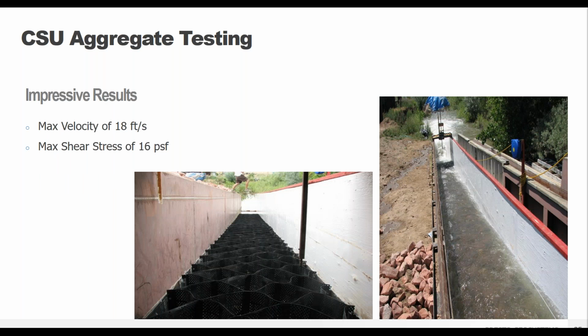So it can handle max velocities of up to 18 feet per second. If we remember, vegetation could actually handle closer to 30 feet per second. So it actually handles some higher flows and shear stresses, which may seem counterintuitive, but you need to think about it as, what's the strength of this properly rooted large grass system compared to a single piece of aggregate? Because that's the comparison you're making.